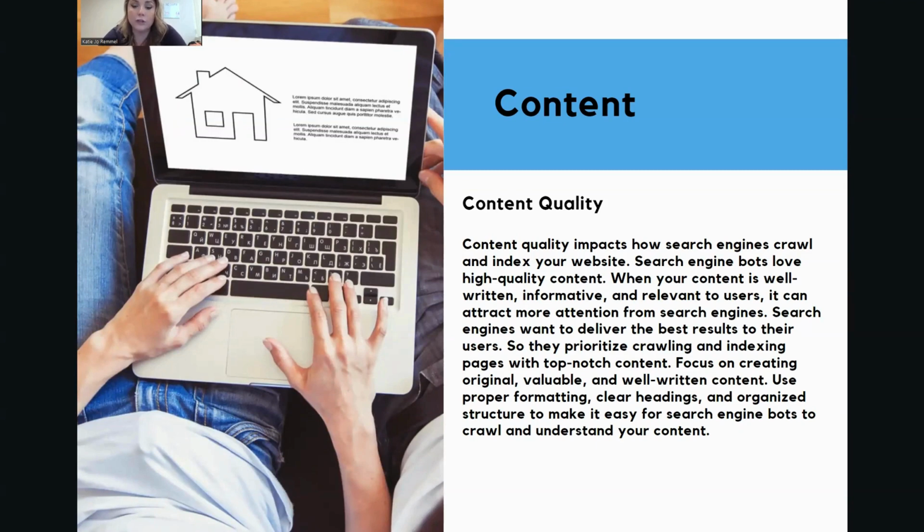Focus on creating original, valuable, and well-written content. If you're copying and pasting from a marketing website or another person's site, you are not the originator of that content. It's duplicated content. They want original, valuable, and informative content, okay? Use proper formatting, clear headings, and organized structure to make it easy for search engine bots to crawl and understand your content. So making sure that you're bullet pointing content, you're highlighting